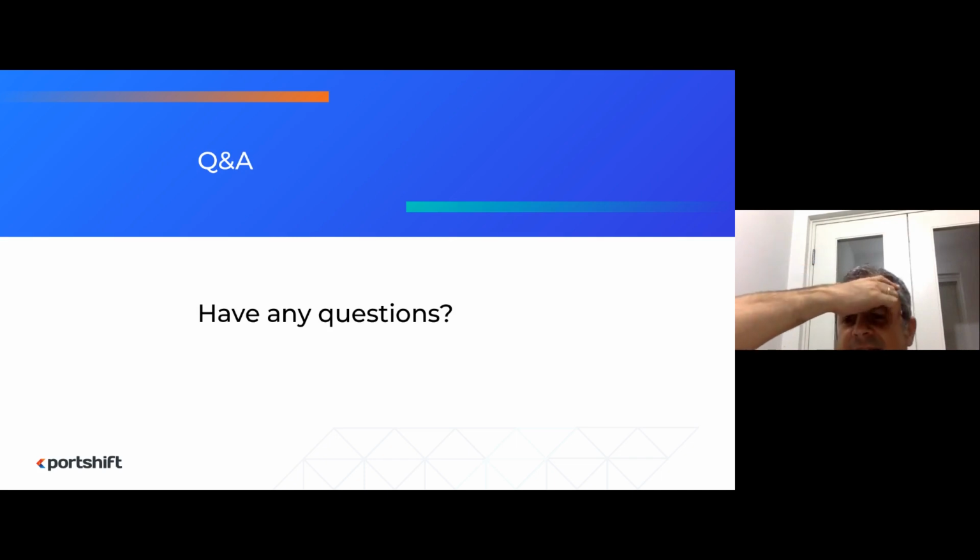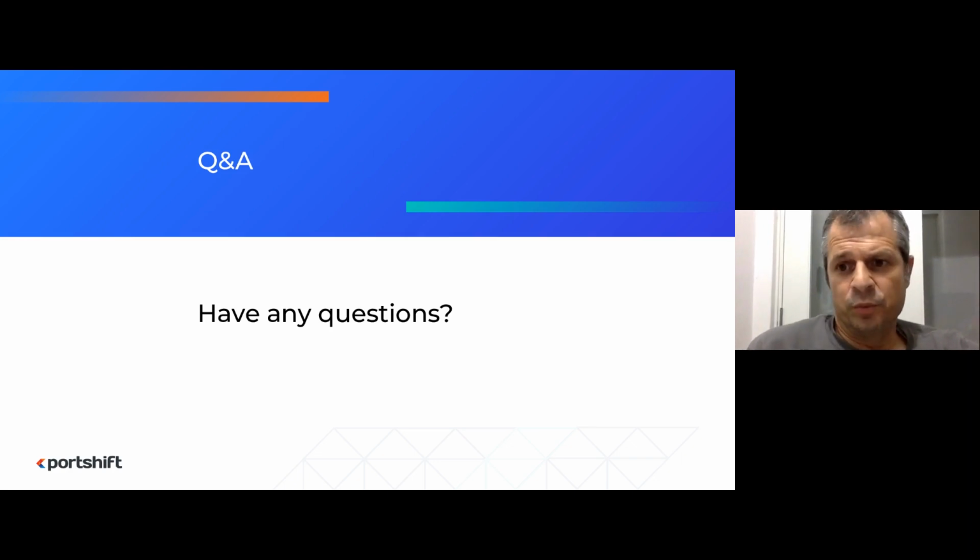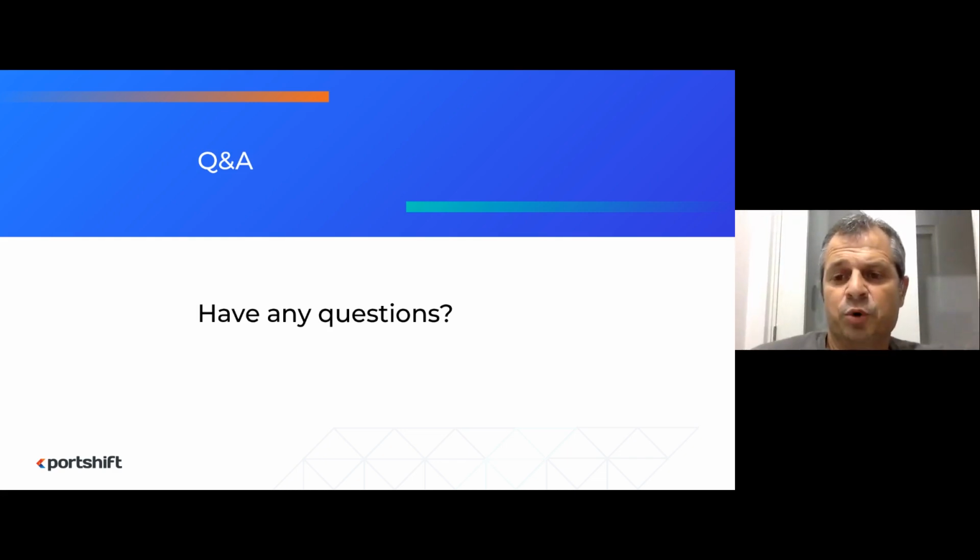Okay, and the next question is, how can we isolate vulnerable pods? That's a great question, and it's a good question because sometimes we discover pods which are vulnerable, and until we fix them or replace them, it takes some time. It's not a lot, but we don't want to keep exposure to those vulnerabilities. The answer, at least in Portshift, is that when you identify a newly discovered vulnerability, our system gives you suggestions for network rules for how you can isolate it.